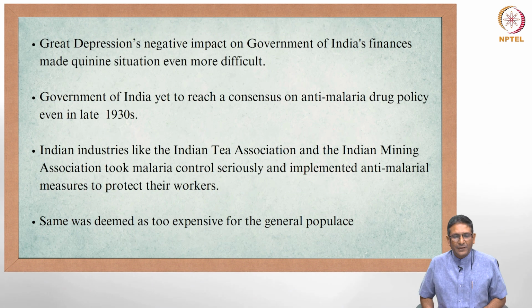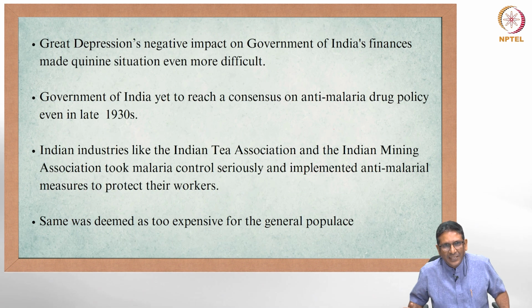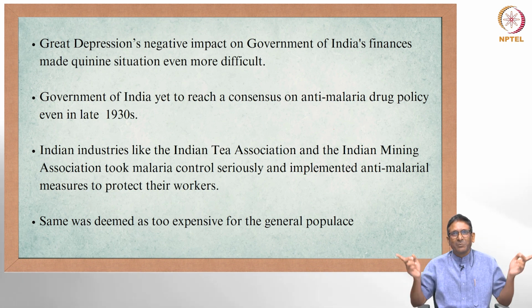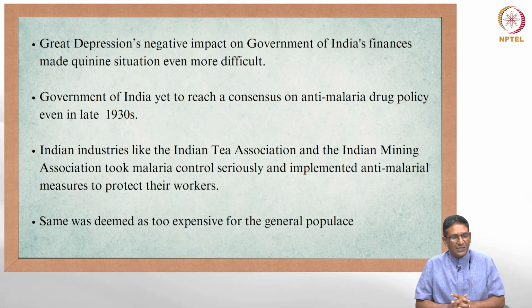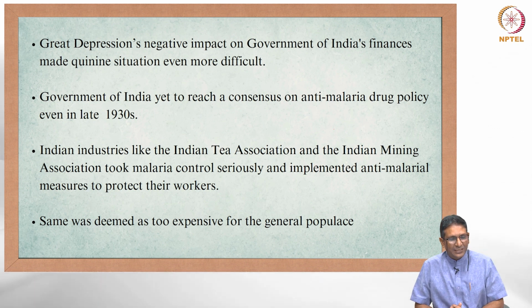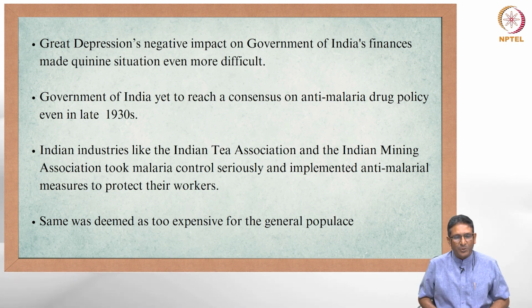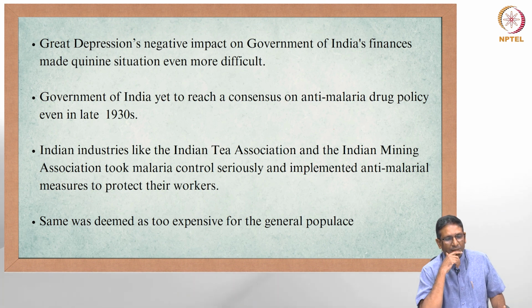local authorities. And of course, as I keep saying, we should also simultaneously keep in mind the larger happenings within India and the world outside. So one of those things around this time of the late 1920s and 30s was the Great Depression, which was an economic problem which impacted a great portion of the globe. So that also affected the quinine supply and purchase.